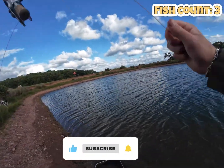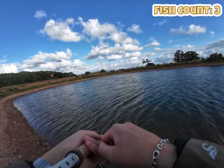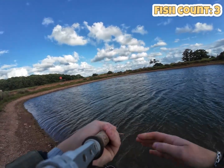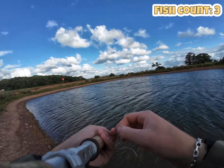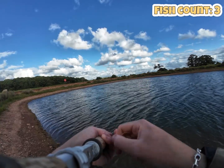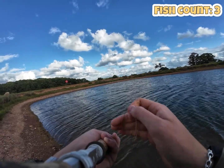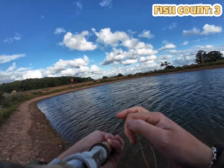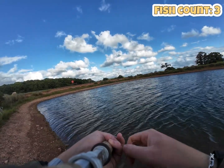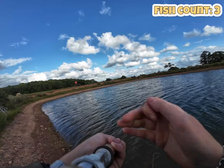But with the warm weather that we've been having, the rivers have been on their knees really. There's been no water on there. I was there a few weeks back, and the river that I fished quite regularly was unrecognisable really. There was no water, and we spent the whole day looking for deep pools to run either nymphs through, or we were spotting rising fish and fishing for those. So